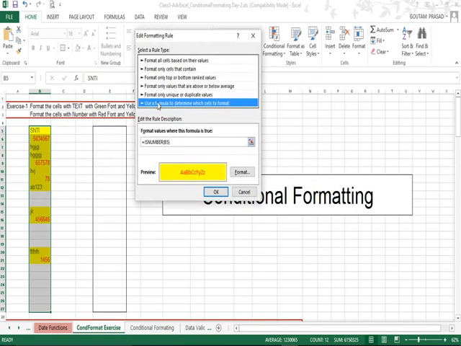And here you can see, under Select a Rule Type, you have selected the last one, that is Use a formula to determine which cells to format. So a formula will determine which cell will be formatted. Under the other setting, Format values where this formula is true, what is the formula? The formula is equal to ISNUMBER